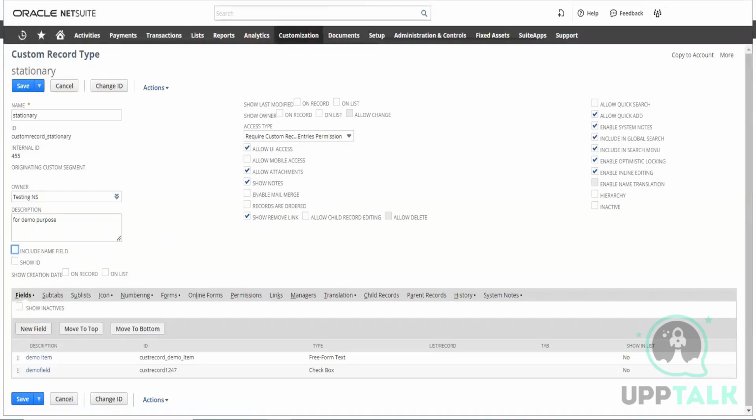Can you add, let's say, for example, a custom record? How do you access that new record? Can you actually put it under the transaction tab or under one of those standard tabs? You're asking if I need to source this custom record under any sub tab of any record? Correct. Yes. That particular thing you are talking about is something we call child and parent